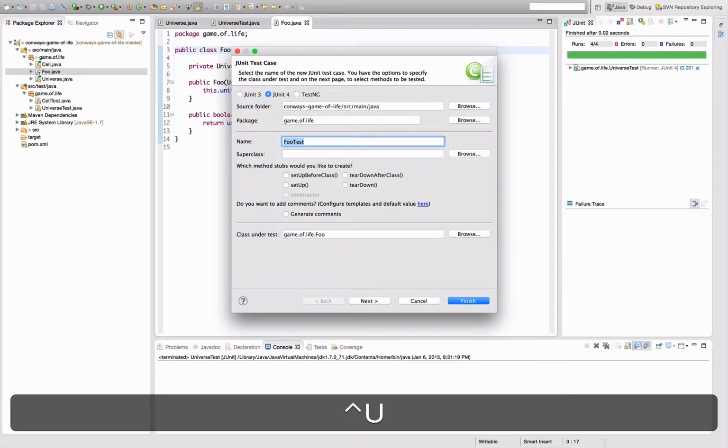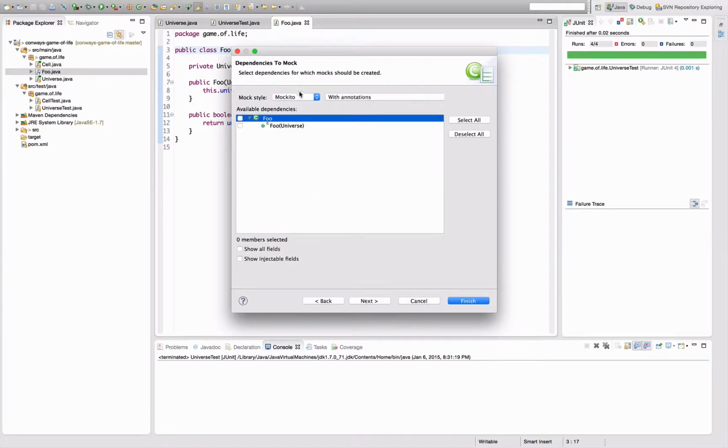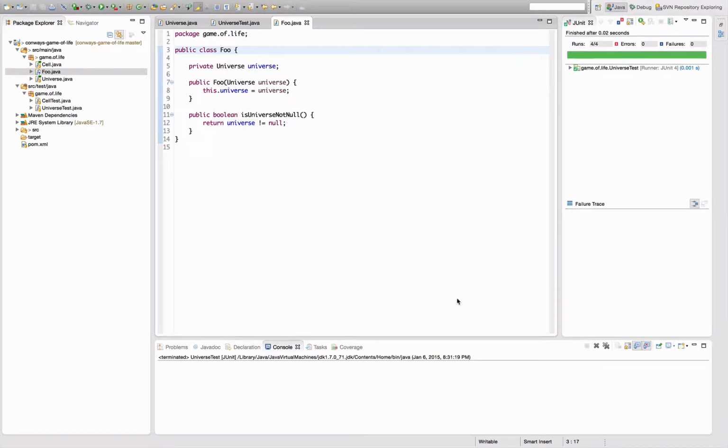So Control U. We had that test here. Go to next. Now Mockito. I want to try out the one without annotations. Yes, please stub this away. Next one, I want to test the isUniverse thing and then finish and see what happens. A Foo test has been created, and in fact it does not compile, probably because I don't have Mockito on